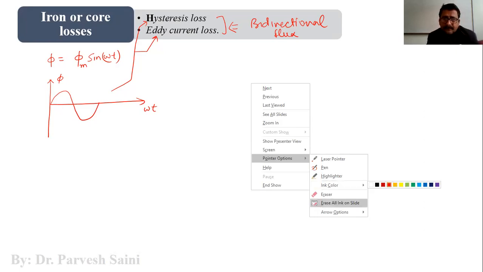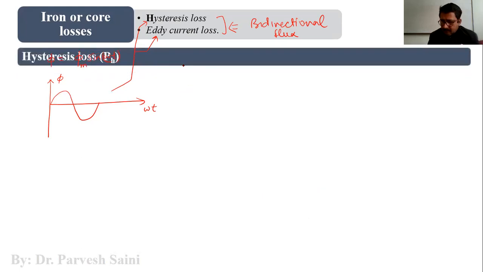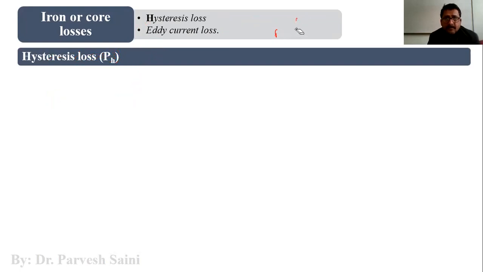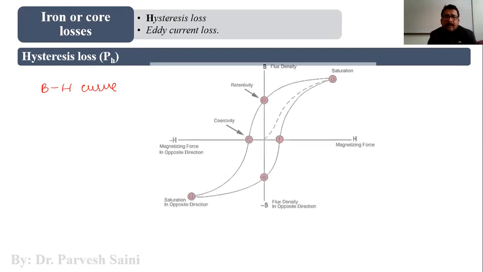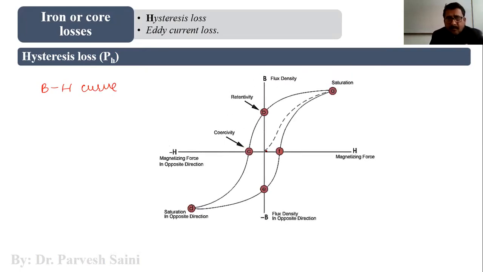In one of our lectures, we have already understood the magnetization of ferromagnetic material, and we studied the BH curve. Now, if we talk about the BH curve once again, we found that when we magnetize a ferromagnetic material using a current,